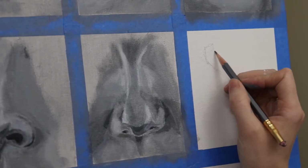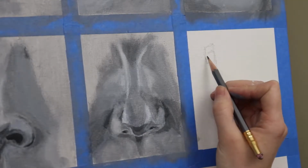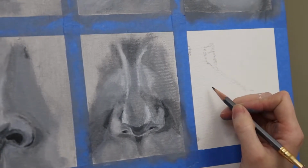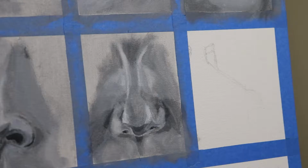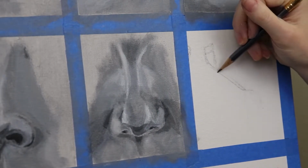You can see I skipped over that middle nose. I'm actually not uploading that video, and that's because it just didn't go that well. I was having a hard time with the skin, and there wasn't a lot to really take away from that one. So we're going to go ahead and jump right to the end here with this third nose going the